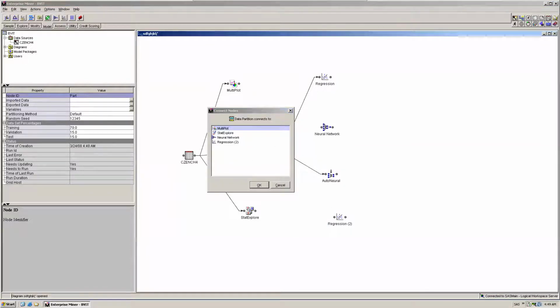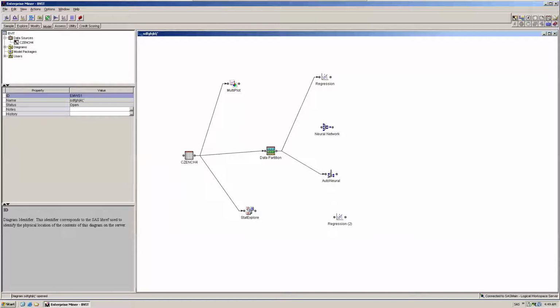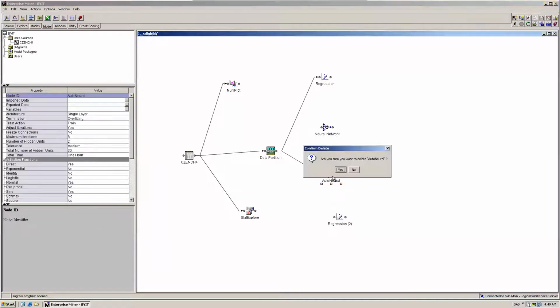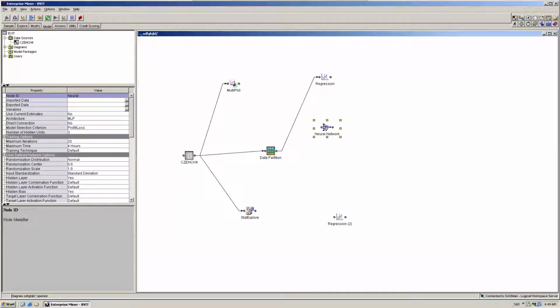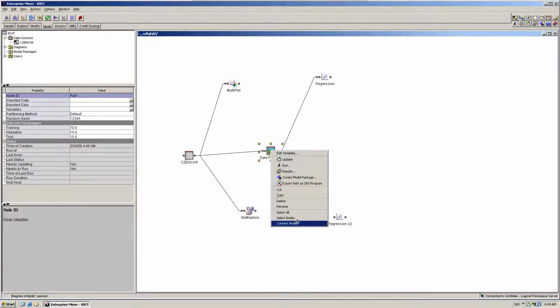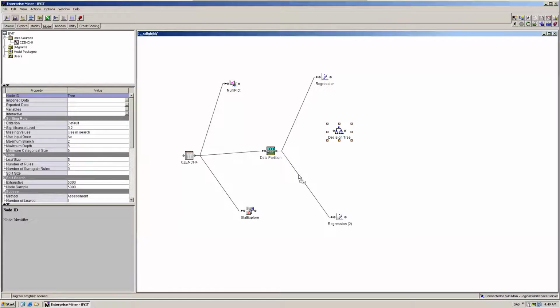Sorry, I don't want to go for the neural network. I want to go for decision tree. Remove it. Apply regression, then go for decision tree, go for another decision tree.